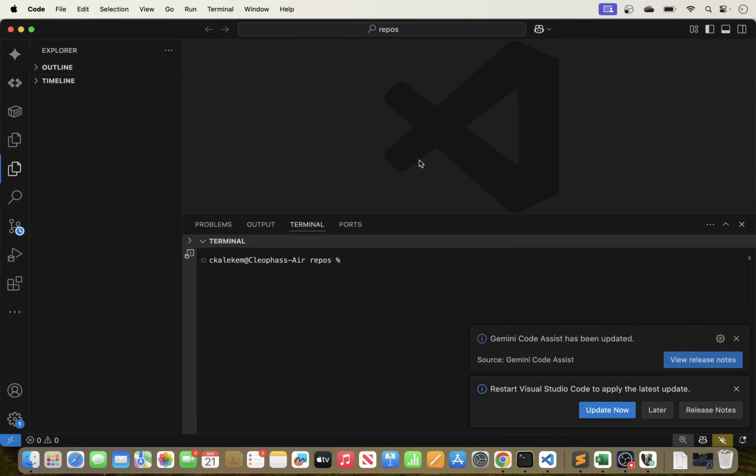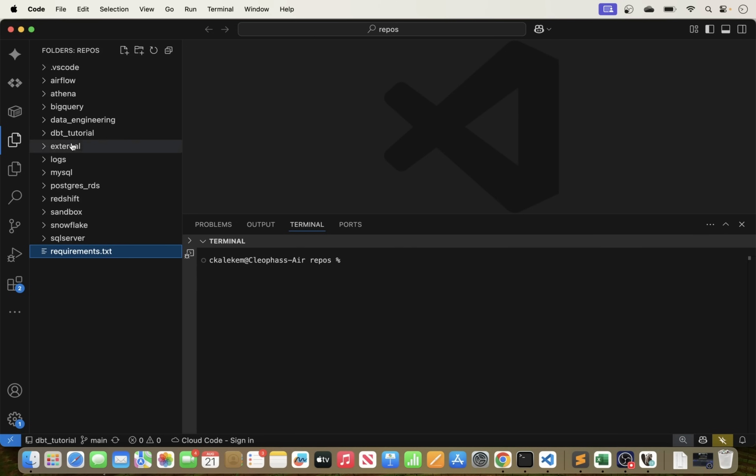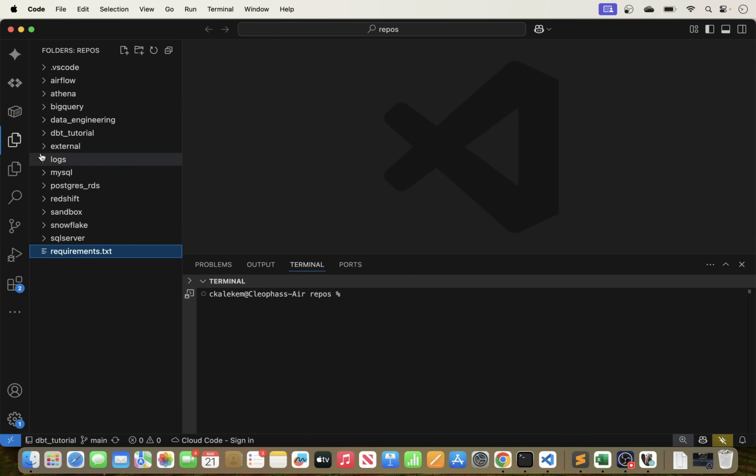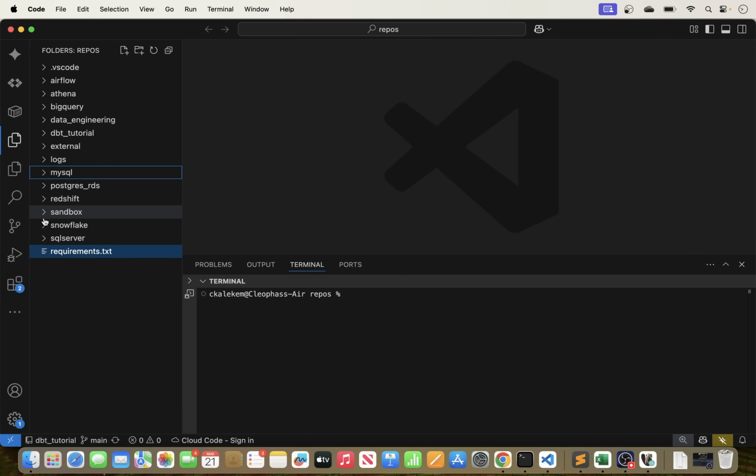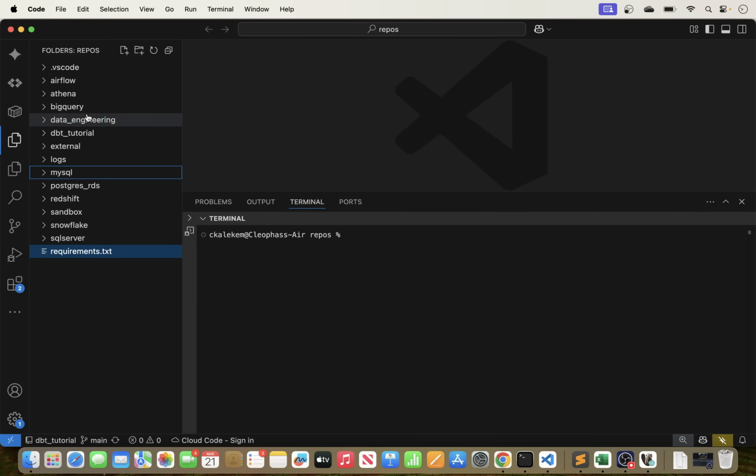This contains quite a bit of folders that I've been working with previously. If you go here, you will see a number of dbt related work that I've been working with. You can see here I have my SQL, Postgres, Redshift, Sandbox, all of this. So this is where we will be creating our dbt project for Postgres, and we will connect to a database